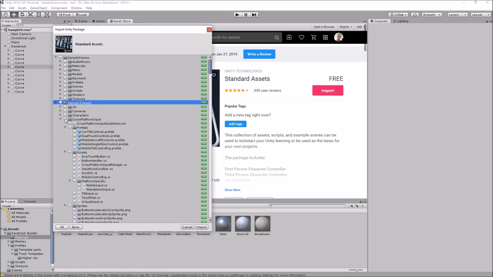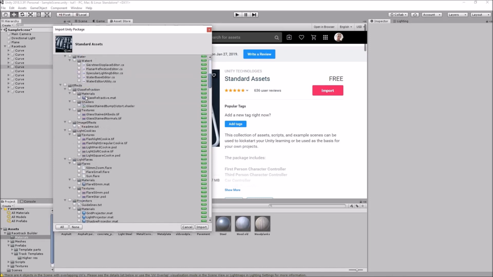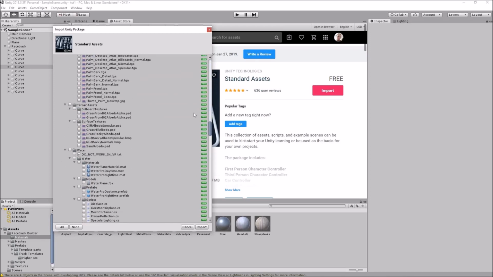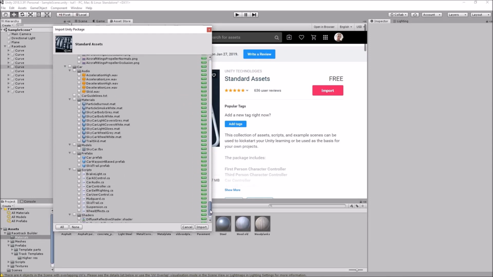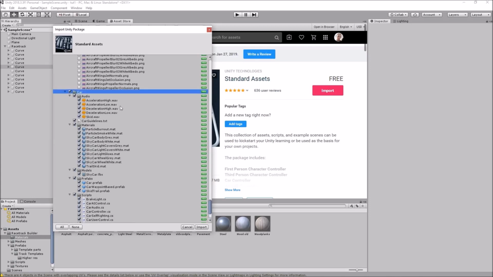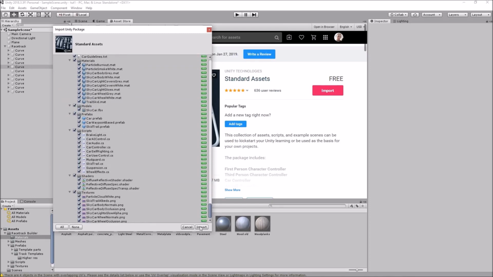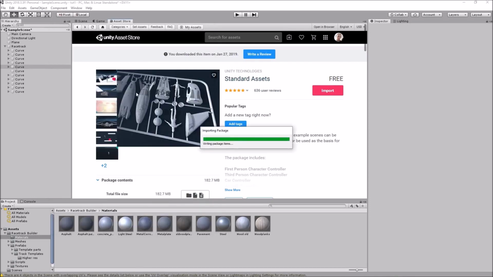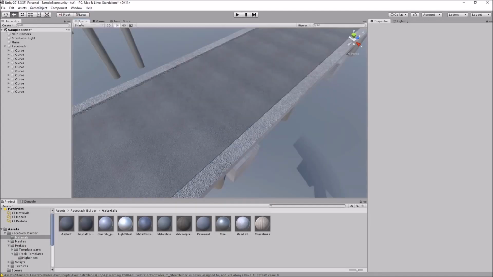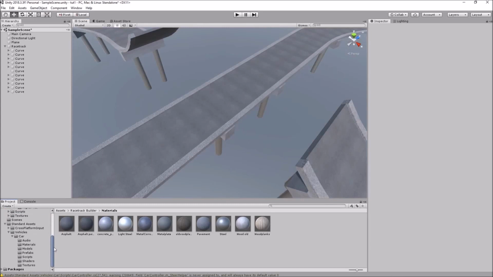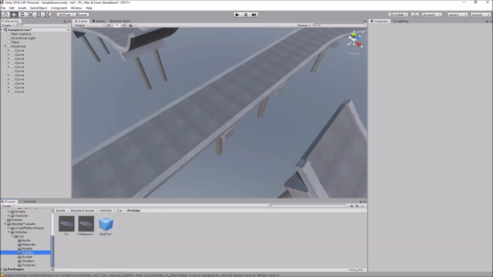But we need a cross-platform input. And right down the bottom, you should have car, which is inside the vehicles folder. So we just need those two. Right, we'll go back to our scene. Now inside the projects folder, there should be a standard assets folder, car, and then prefab. Sorry, standard assets, then vehicles, then car, then prefab. And we can just grab the car, drop it on there,